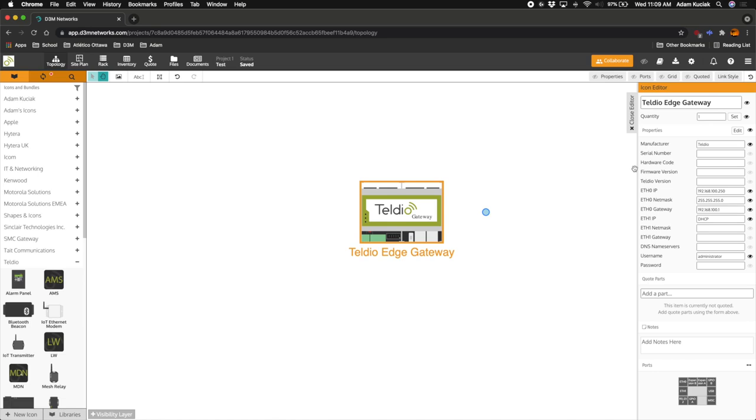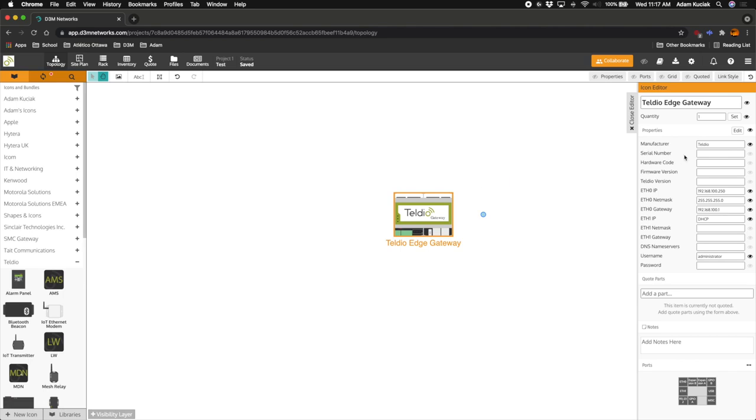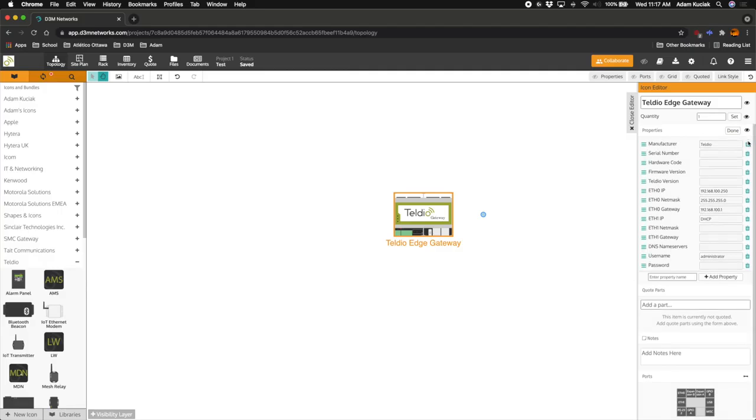Within the icon editor, I can edit almost everything within the icon. The name, quantity, properties, coding my parts, adding notes, and ports are all accessible through the icon editor. To add and delete and edit properties is very simple and straightforward. To do so, click on Edit in the Properties tab, and then garbage cans appear on the side of your properties for deleting, and entering a property name and add property appears at the bottom to, of course, add a